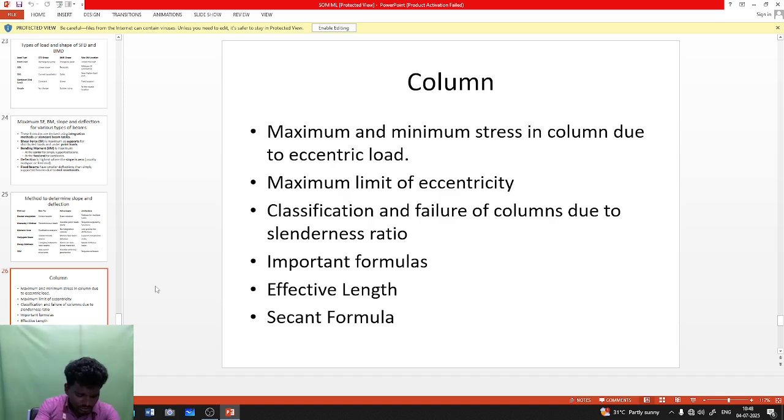If the slenderness ratio is less than 32, the type of column is a short column and it fails in crushing. If the slenderness ratio is between 32 and 120, it is called an intermediate column and fails in combined crushing and buckling. If the slenderness ratio is greater than 120, it is classified as a long column and it fails in buckling. As per Euler's formula, the buckling load or crippling load